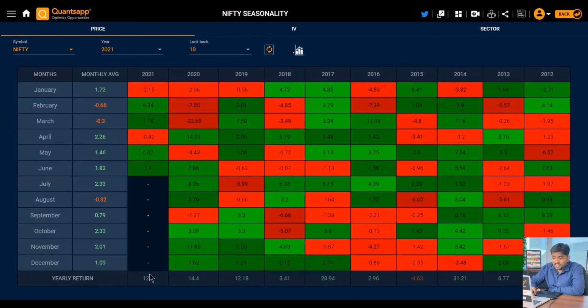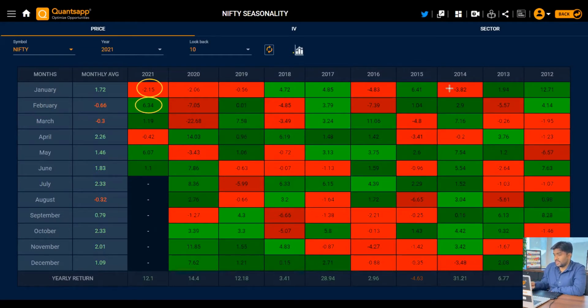Now talking about the yearly returns, we have the yearly returns also. Last month the market has given a 14% return on closing to closing basis. Here like a 12% return, and we have the average monthly return, yearly returns in the last column. And here we can check the specific month, like the 2021 January month has given a 2.1% return here. If we check this one, okay, that's January for 2020. February gave us 6.34% in this month.